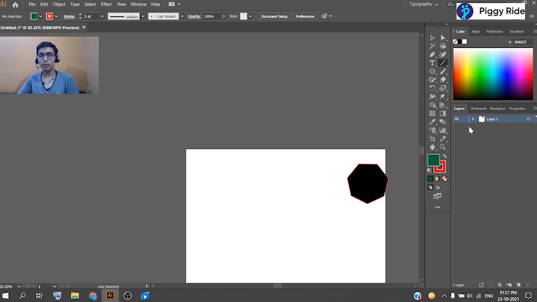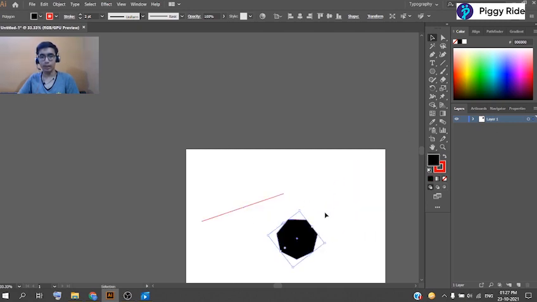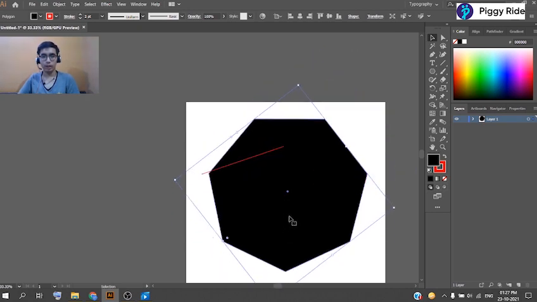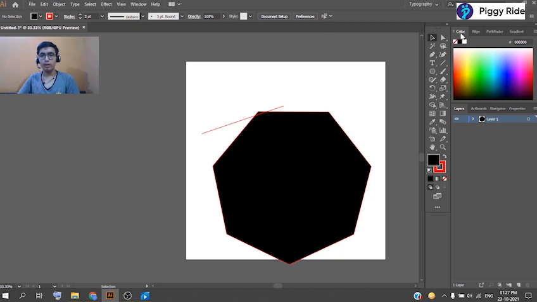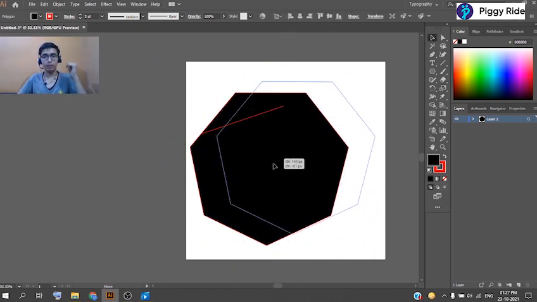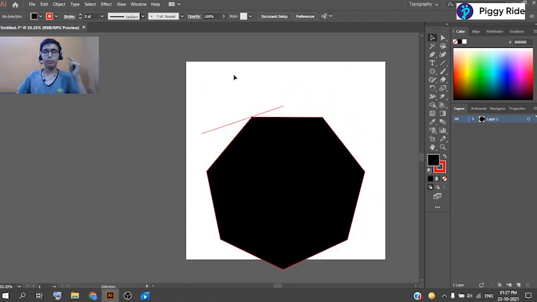The layer panel works like this: for example, I have this layer one right now. I have made a straight line and a huge polygon over here on the artboard. Right now, if I enable my selection tool and move it, I can move it easily with the selection tool, because it is on layer 1 and we have unlocked our layer. But if I lock my layer, you can see that the selection tool is selected but the layer is locked, so I cannot move anything from here right now.